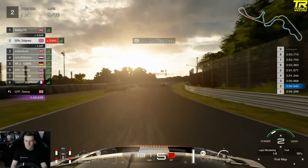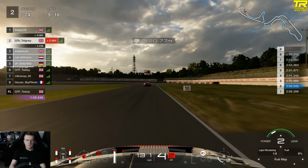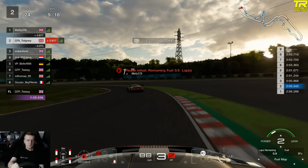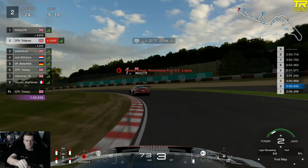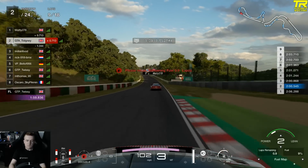We've not actually made a proper move yet, but this is the nice thing. If you can be consistent, you can get past people through their own mistakes. Now, it's unusual mistakes from some of those guys. Rick is absolutely insanely quick. Beloff, again, is like the unofficial